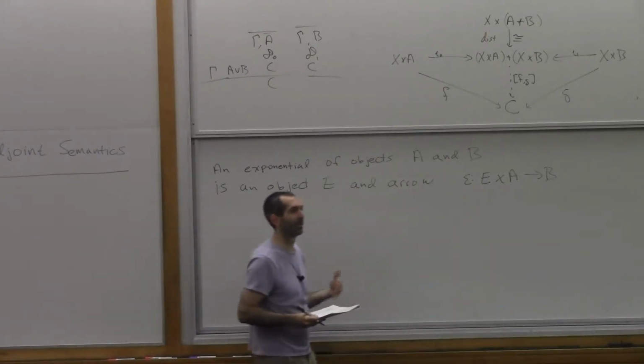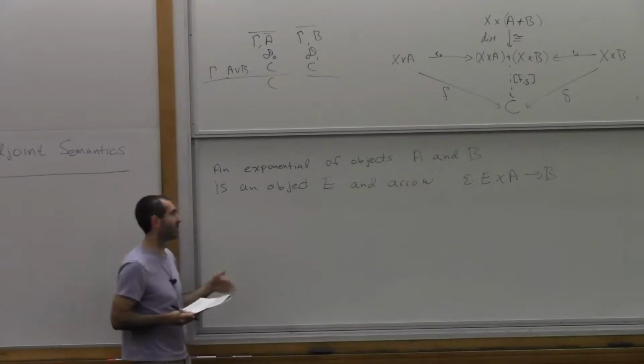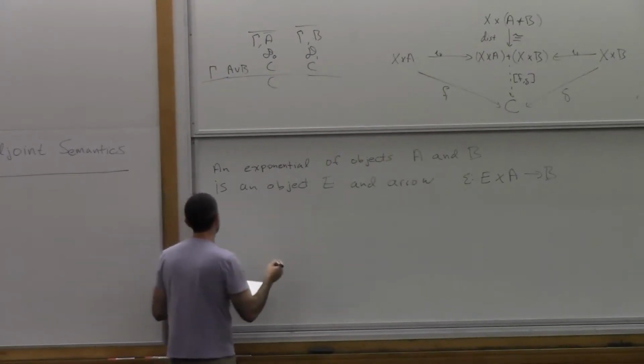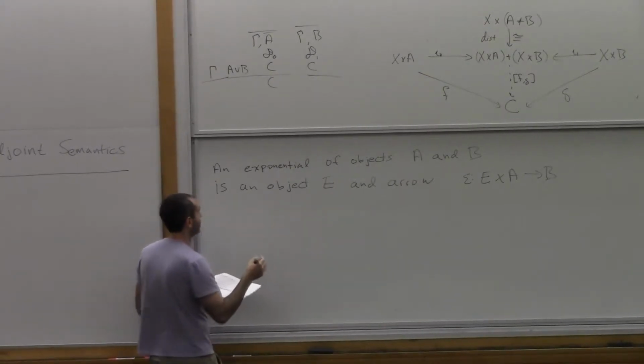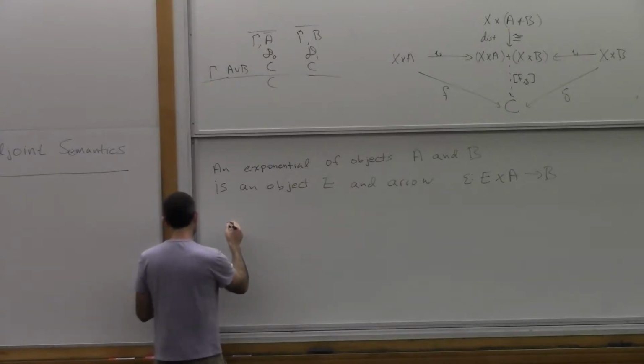I've been trying to impress upon you that every universal construction has some shape. And then the universal property says that for any other construction of the same shape, so now I have to say,